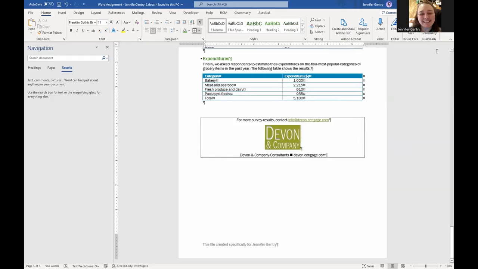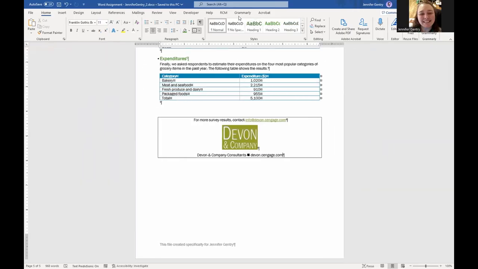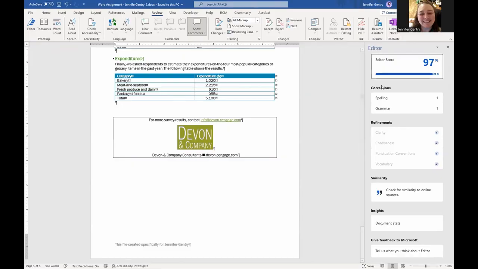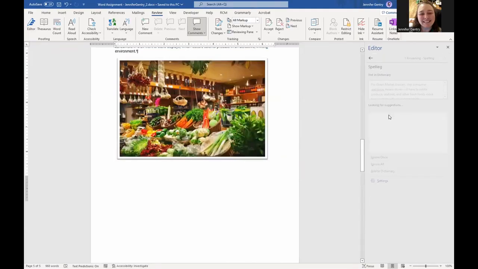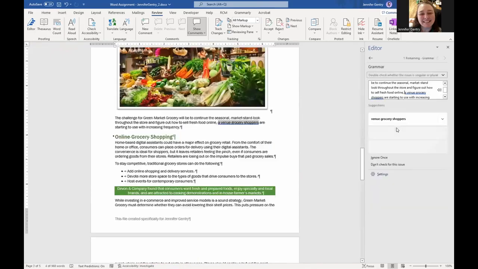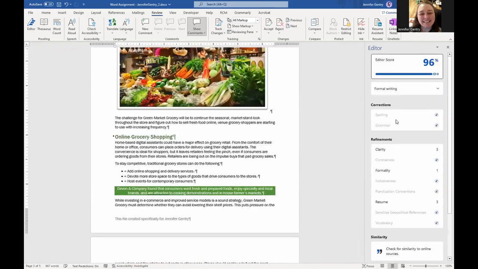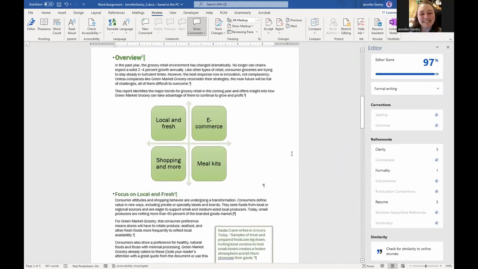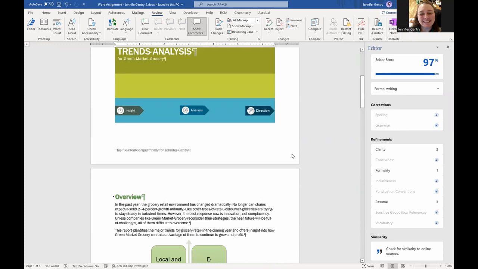Last but not least, we're going to check our spelling and grammar. So I'm going to come over to review and editor. Okay, spelling mistakes, I've got one here. Preference, grammar mistakes, I've got one here. I'm going to go ahead and fix it. Okay. Save it, hand it in. So that's how you go through the Word assignment number